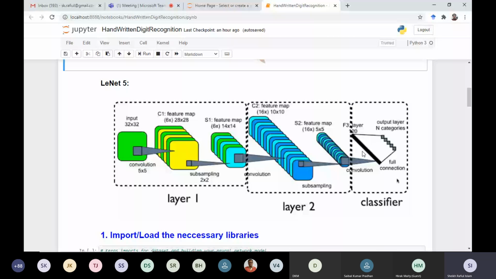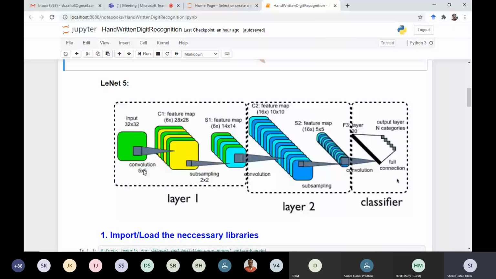After that, we have this convolution layer. In this convolutional layer, we will use some filters, and see what is the dimension of the filters, that is 5 cross 5. And how many filters are we using there?